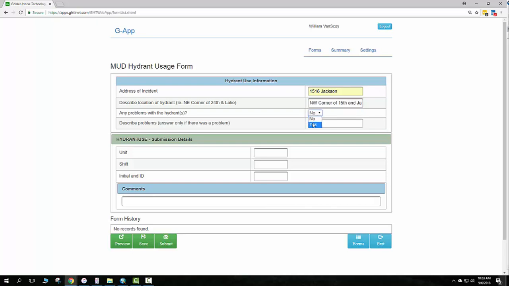And if you had any problems, say yes, and then you can actually type and describe the problems you had. If not, it'll default to no. You don't have to fill this out. You can leave it blank. Enter your unit number and your shift, and then your initials and ID number. And if you have any additional comments here that you want to pass on, you can enter them here, and